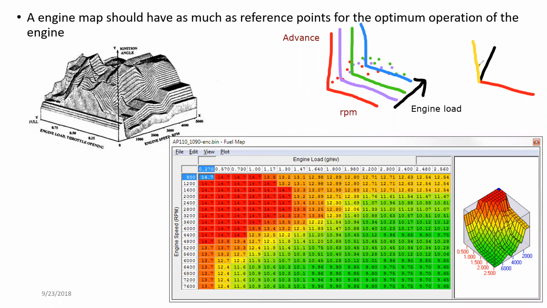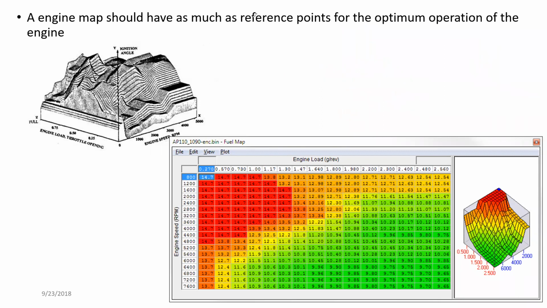So once you combine all of these three axes, once you combine all the points, you end up having a surface. That surface is actually known as the engine map, right? So that's what an engine map is. So an engine map, if it has more reference points,